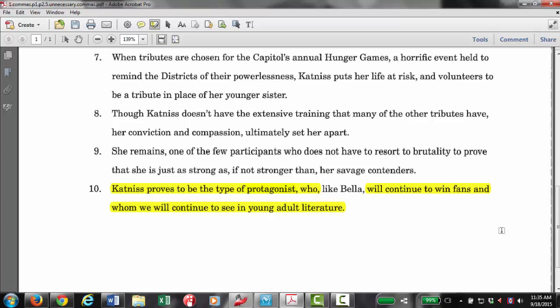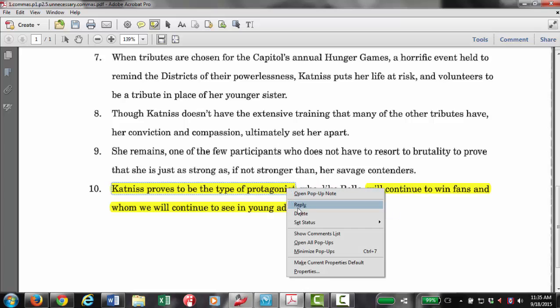Because if you read everything right there, Katniss proves to be the type of protagonist who will continue to win fans and whom we will continue to see in young adult literature. That's fine. The fact that she's like Bella, that is a non-restrictive clause, so we would offset it with commas here and here. So in other words, there's just no reason to have a comma